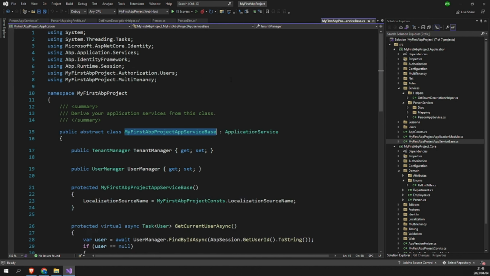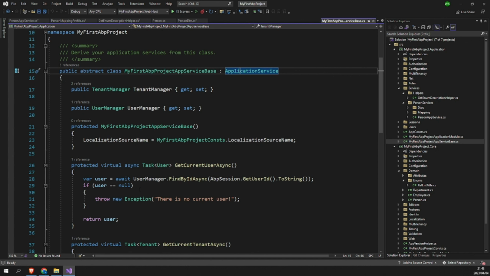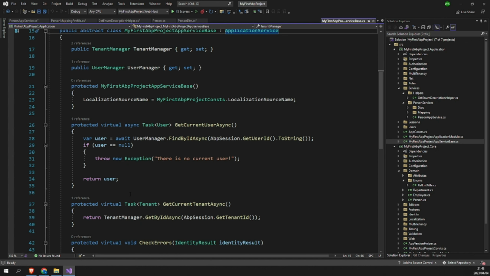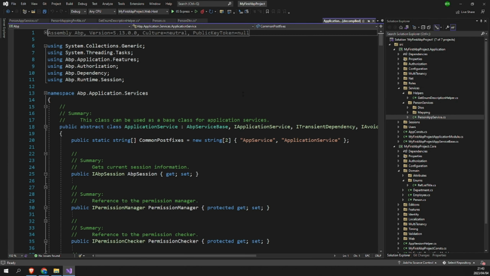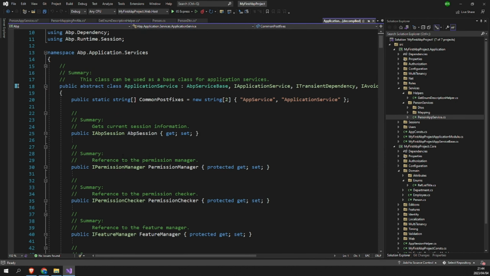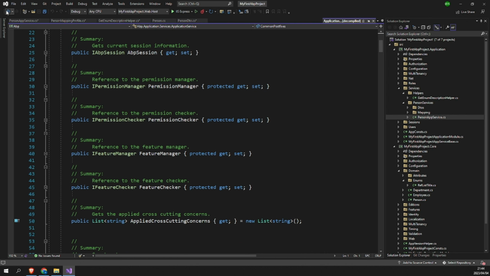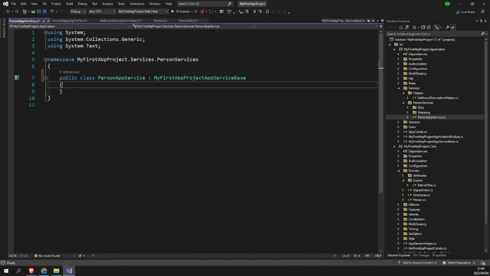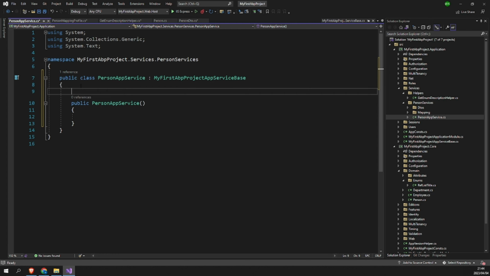Oops. So if I do this, you can see that it's also inheriting from application service. This one comes with get current user, the user that is currently logged in. It gets the tenant and checks errors. Then this one comes with these interfaces. So yeah, there are many ways to actually implement your services. So let's add a constructor, and we're going to have